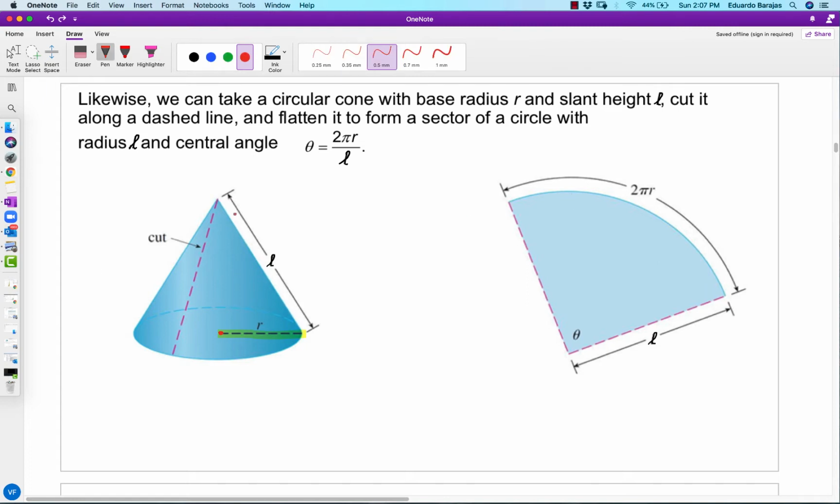Okay, so if we take this ice cream cone kind of shape and we cut it along this dashed line and roll it all out, we would end up with a shape that looks like this. And of course, the perimeter of the circle at the bottom, starting from here and traveling this way, all the way around, and then through the back. There. So the perimeter of that red thing is going to be the formula 2 pi r